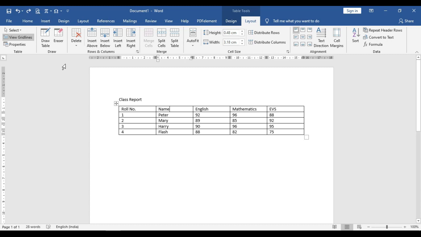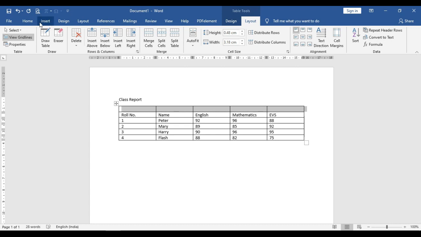Similarly, for inserting rows, you have to select either of these two. The first option is insert above. That means a row will be inserted above the current cell. So just select it. You can see now a new row appears here.